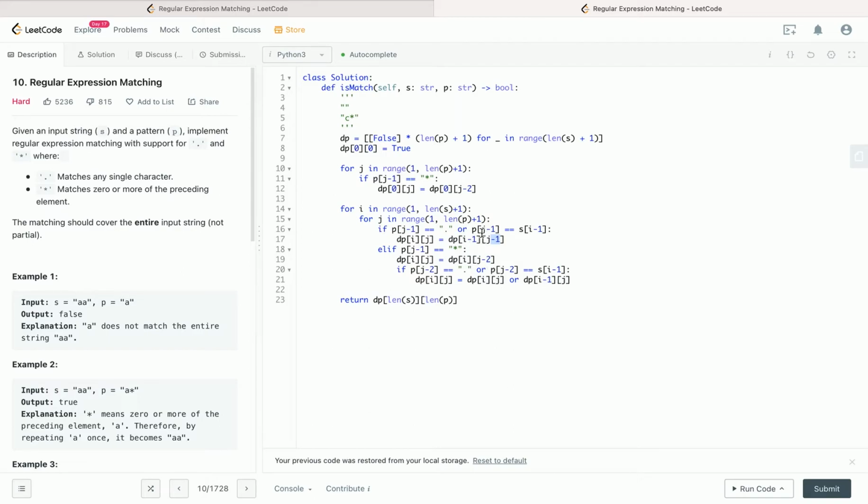Okay, so in the main function, you loop through the 2D array. If the string S and string P are matching, or if string P is a dot, it means that whatever